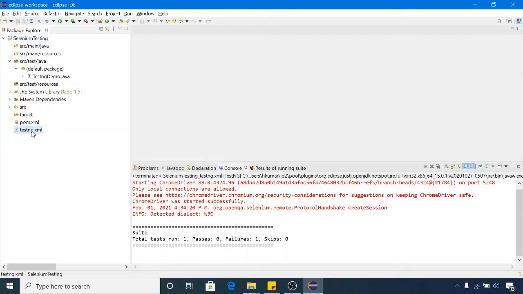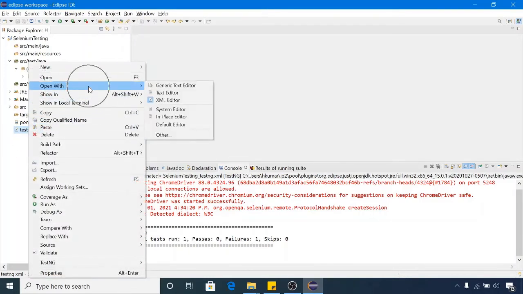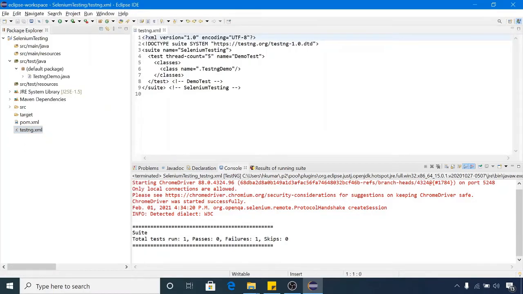Let me show you how to see the contents of this file. Right click on this file, click on Open with and click on Text Editor. So this is the content of the testng.xml file.